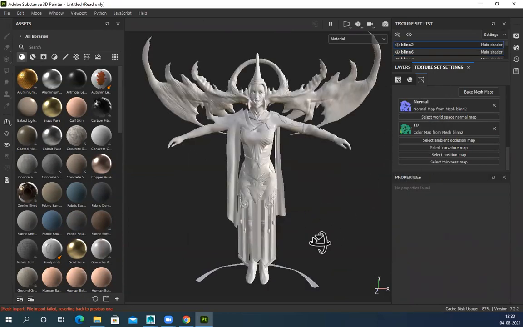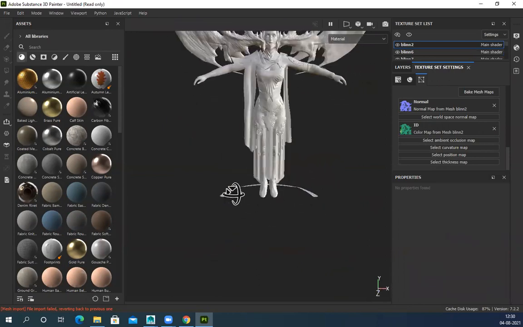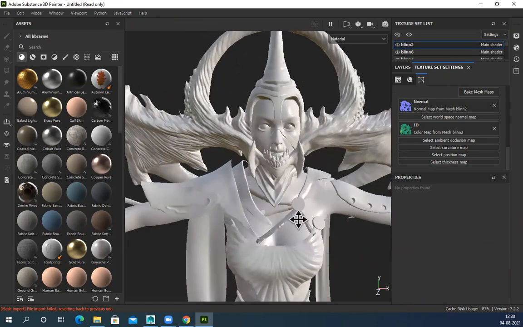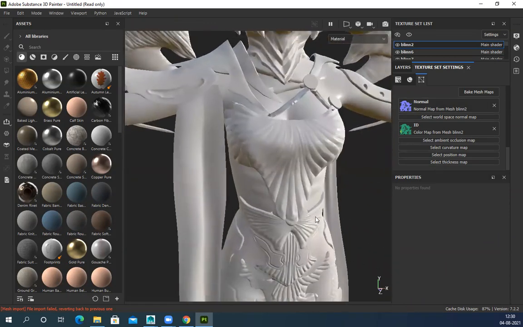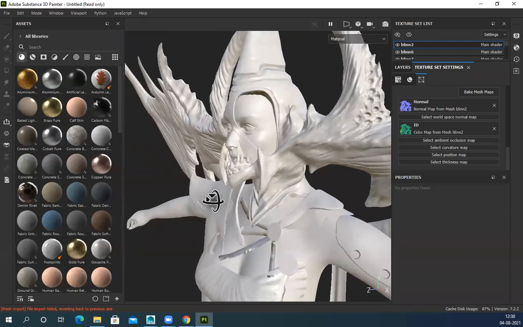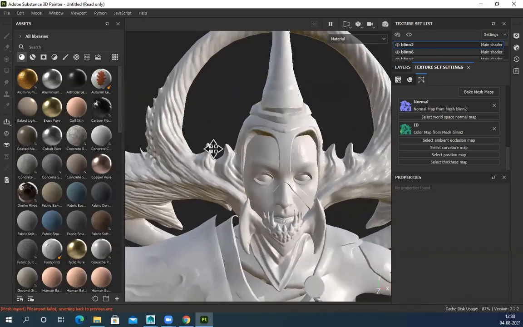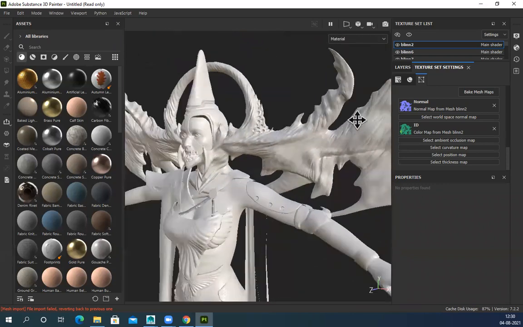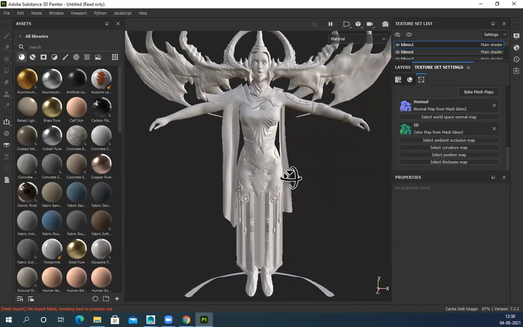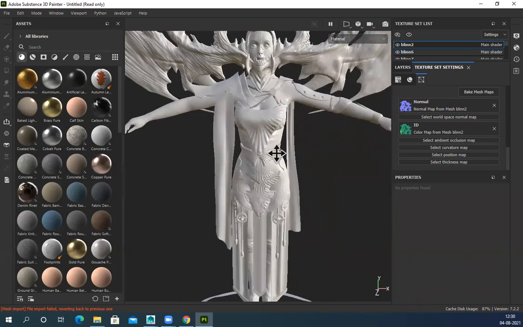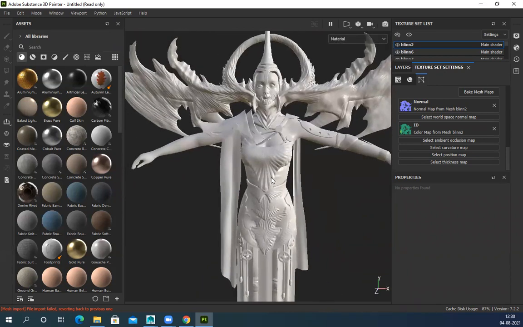Finally. So you can see, I have imported this. All the information is automatically part of this model. I just updated the model. All information, everything is here. So now this is my final output.